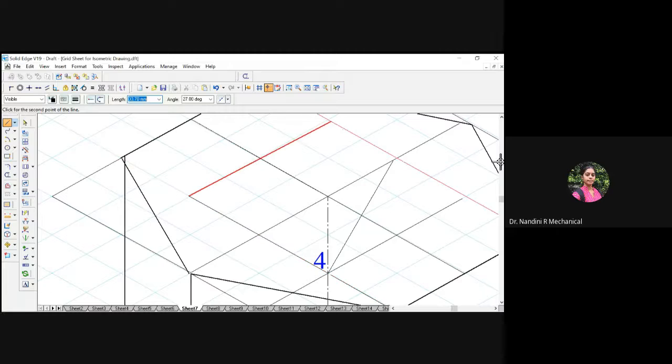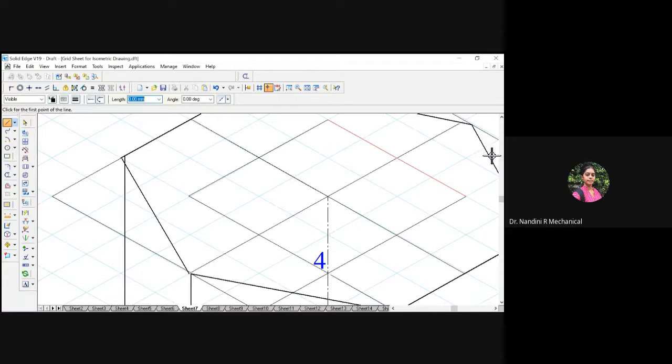You zoom and measure 40 units. After that, you start joining the corner.